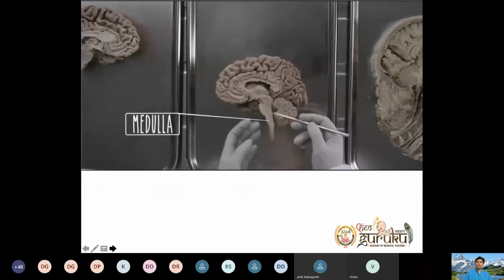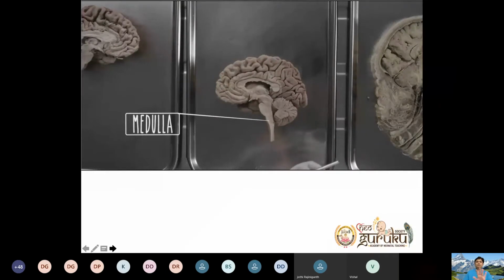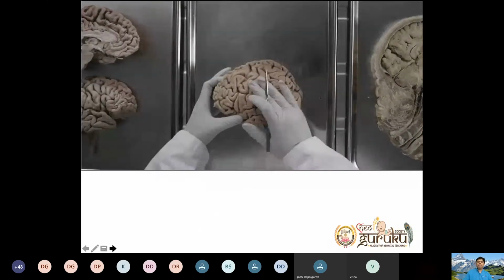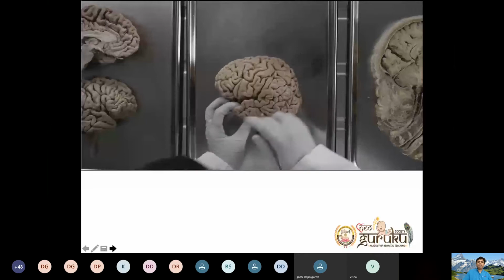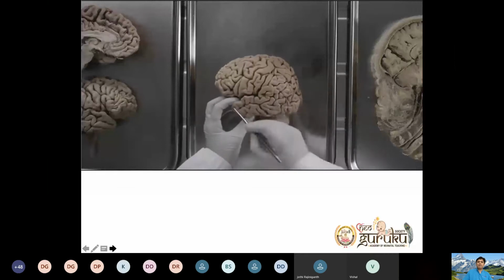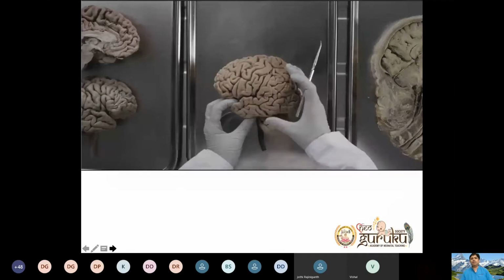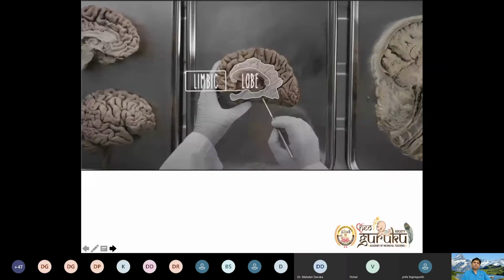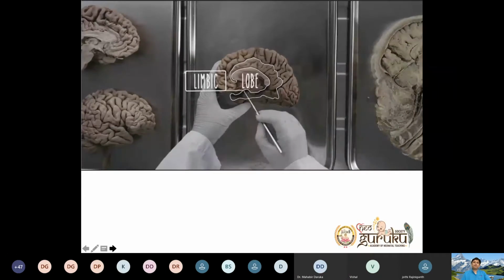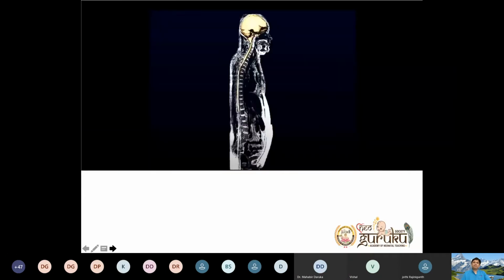So I've shown the three-dimensional, reconstructed human anatomy. This is your lobes, where we are seeing the temporal lobe, lateral sulcus or Sylvian fissure. Deep to the lateral sulcus is the cortex that is your insula. If you imagine putting a finger into the lateral sulcus or Sylvian fissure, what you touch in the end is your insula. So this is your limbic system. We have covered basal ganglia, ventricular system, and limbic system.